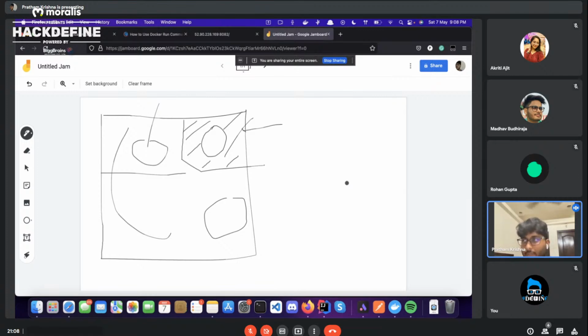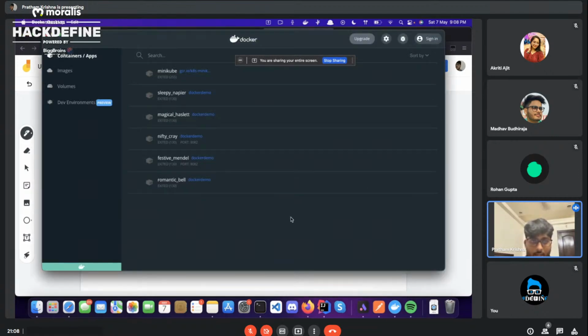Now, we've actually understood that. Now, how do you actually deploy your application to a Docker container? I'm not really going to go too deep on installing Docker right now, but I'll show you. This is a UI tool for Docker, which is called Docker Desktop. You usually install this and Docker onto your system.